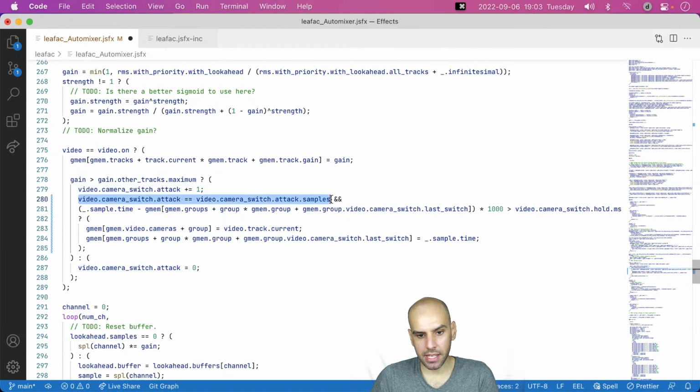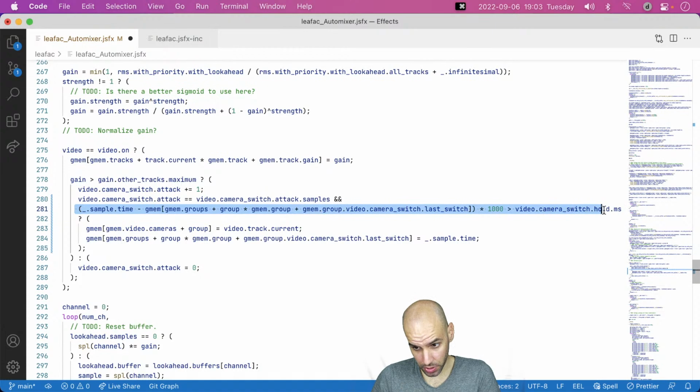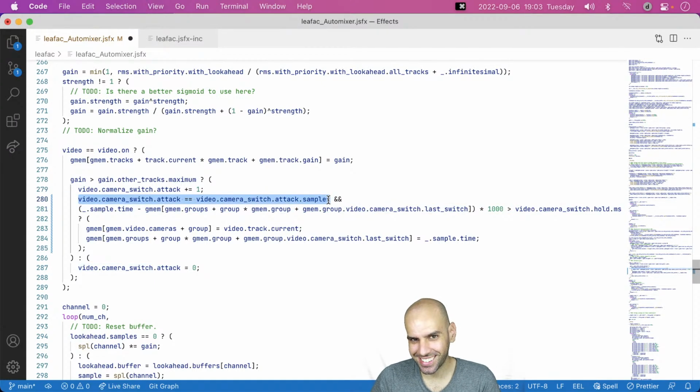And when we get to that number, we switch. But now we may get to that number while the hold is still going on. So this condition would be met, and this condition would not. What we want is to just wait until this condition is met, but then this won't be met anymore. See the problem? So I guess what we want is to check for greater than.